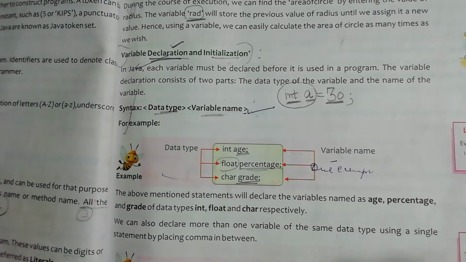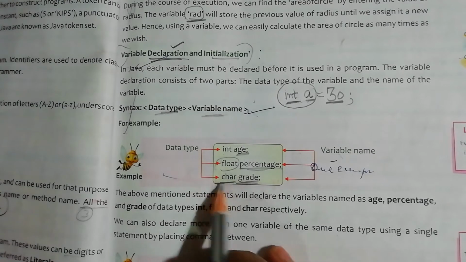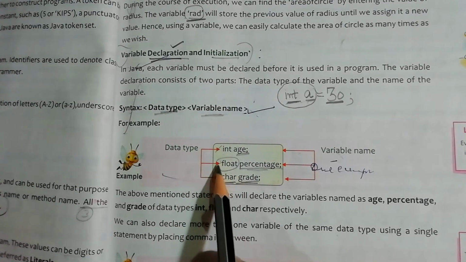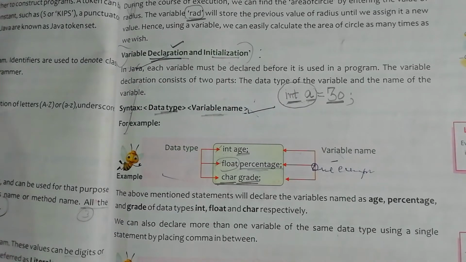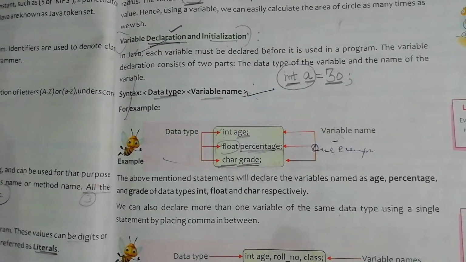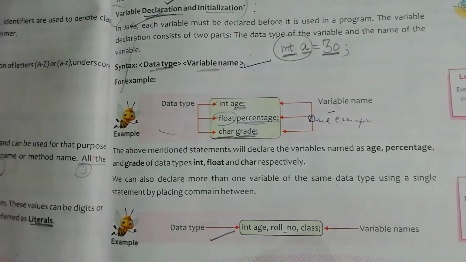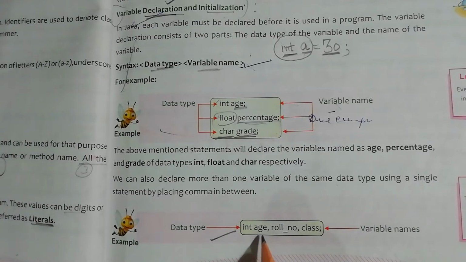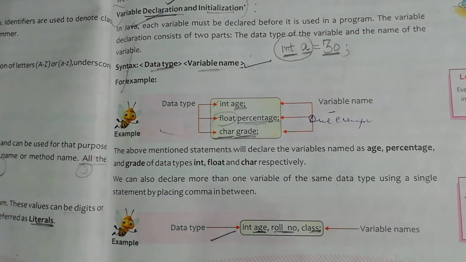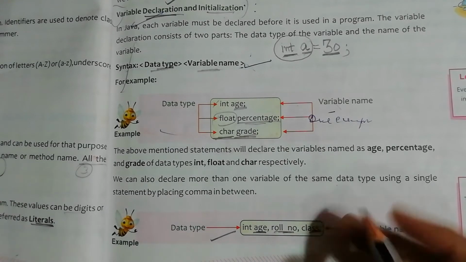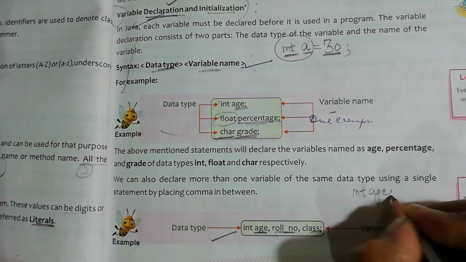Now grade is obviously in the form of A, B, C, D. For that reason we have a character data type. We are not going to use integer or float for the grade variable. Clear? So you can do it. आपको अगर so this is the declaration. In the last one, yeah, so we have 3 variables, age, roll number and class, और तीनों के तीनों integer data type के हैं. तो it is not mandatory कि आप अलग अलग लाइन में उस चीज़ को लिखो.